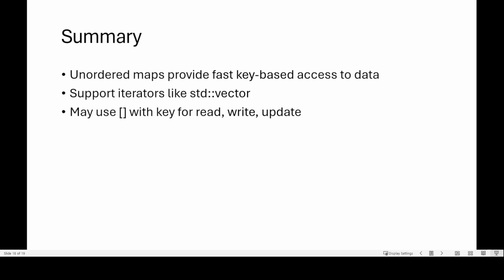So here's a summary of what we've seen recently. We've seen an STL container named unordered map, which provides really fast access to data based on key value pairs. And it supports iterators just like the vector STL container does. And you can even use the indexing operator, the square brackets, when you want to read data or store data or update